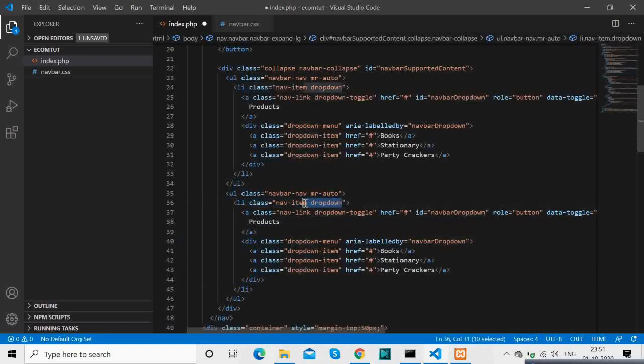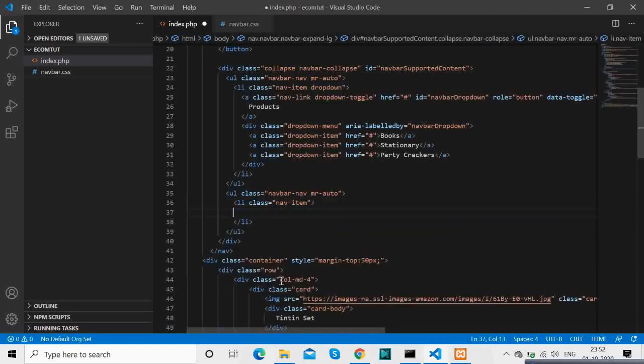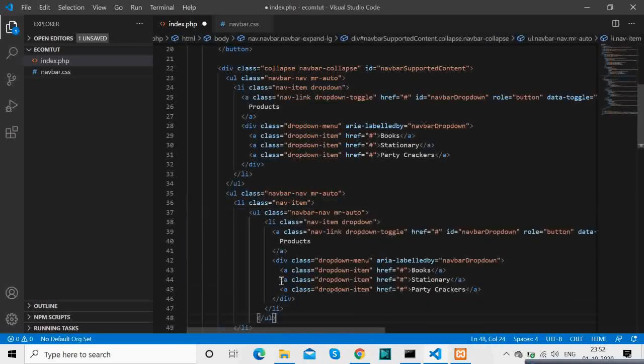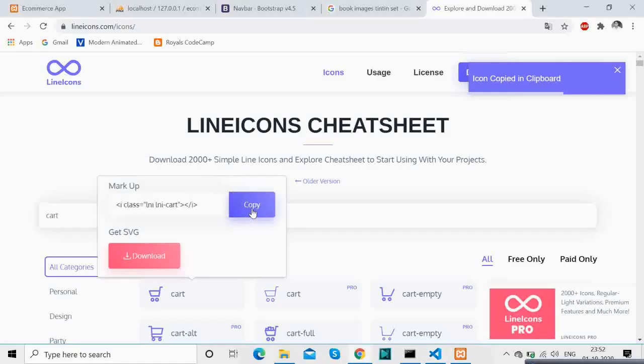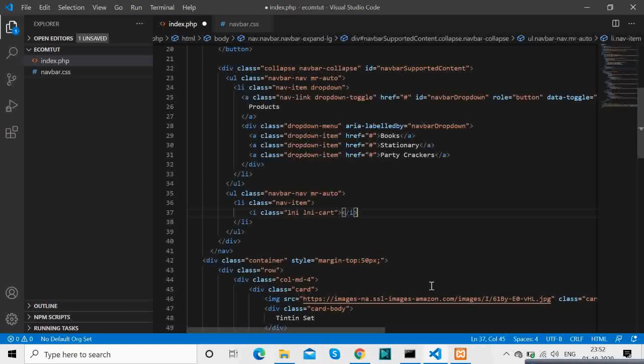So basically this won't be a drop down. What we will be having is just the cart at the right side. For that we will have that cart over there, and we will have a badge. A badge is a small little place in Bootstrap where you can display a number or some little information.